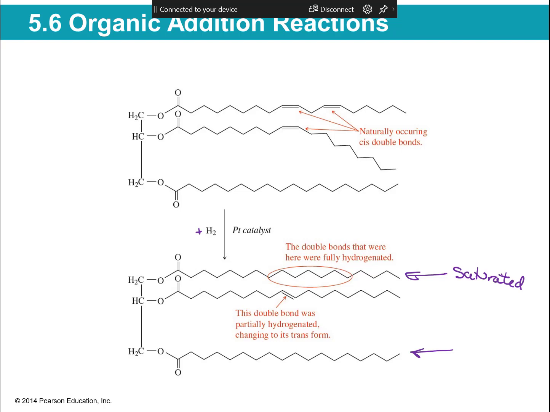So they were like, instead of making it completely saturated, let's do a partial hydrogenation. If we do a partial hydrogenation, we will add hydrogen to most of the double bonds, but not all of them. And that means that they'll be a little softer. Have you ever noticed that margarine is way softer than butter, even straight out of the refrigerator? Like I Can't Believe It's Not Butter, or the Country Crock, it's softer, and it is because